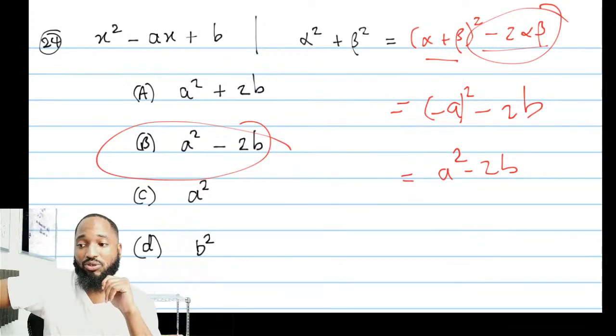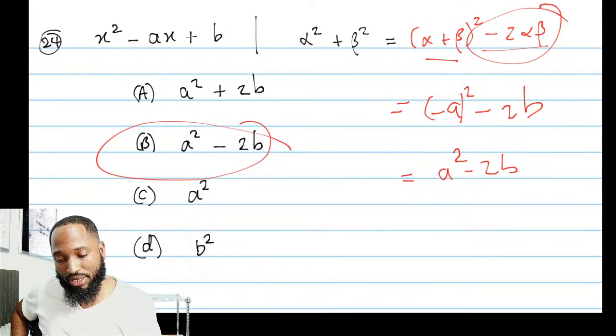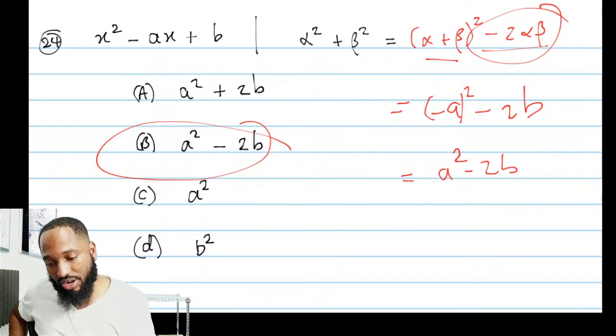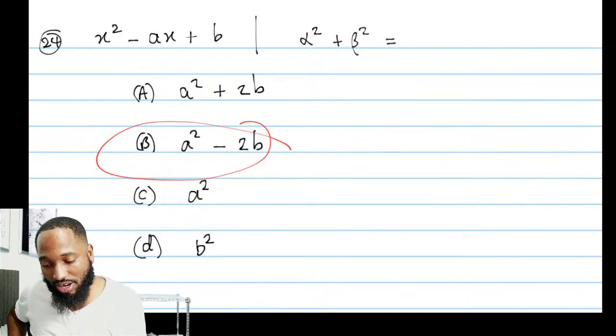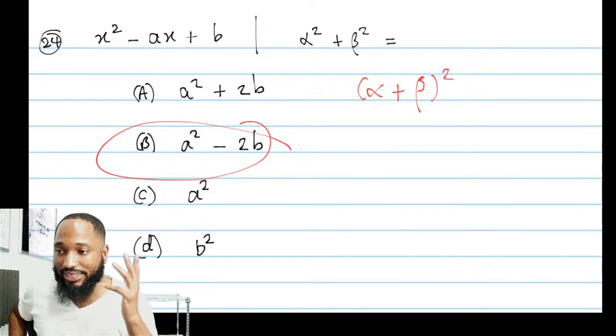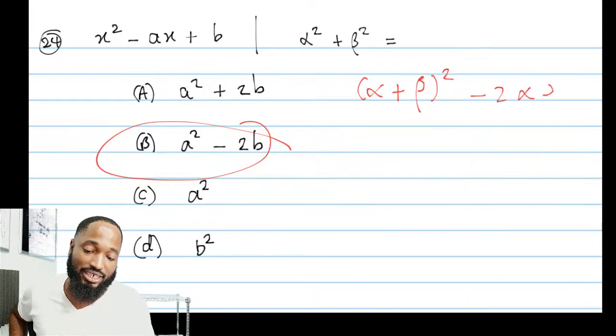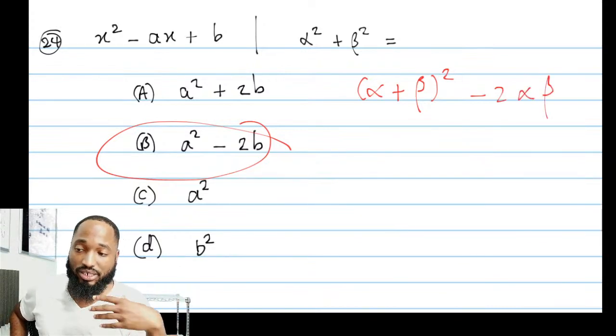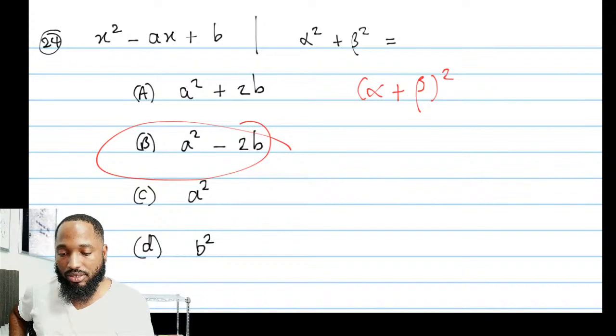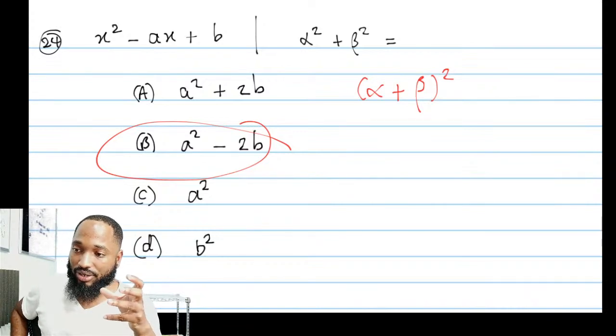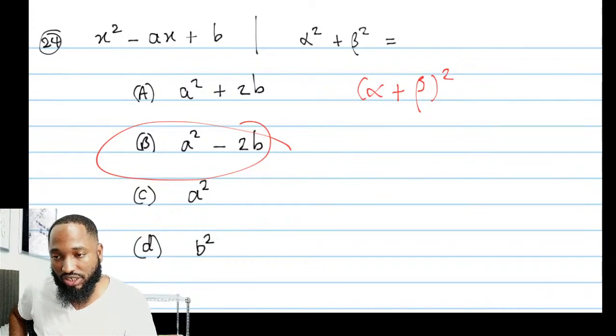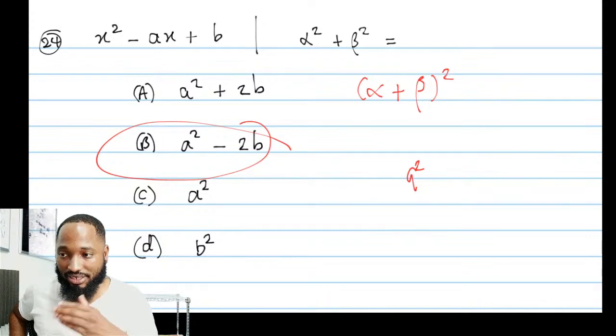Now, the next thing a few students do, and I had this problem when they did the maths marathon the other day: if they just come now and give you alpha plus beta squared, you don't need to do anything. Just get the sum and square it. Some people are so trained to subtract, they're subtracting right through. So if they give you alpha plus beta to be squared, cool, then the answer is just straight up A squared, the sum squared. You don't need to subtract anything. You understand?